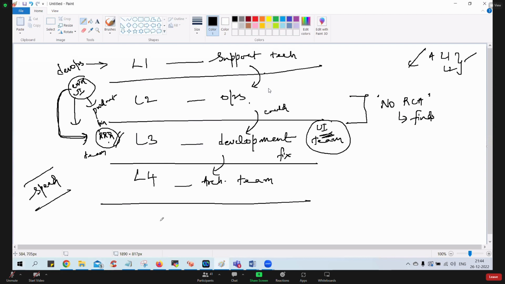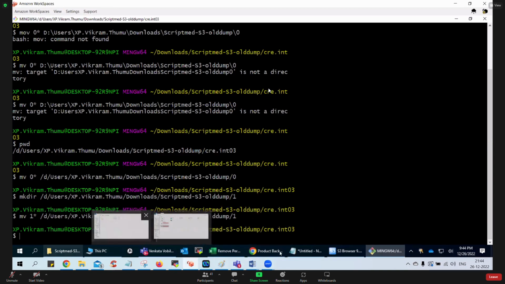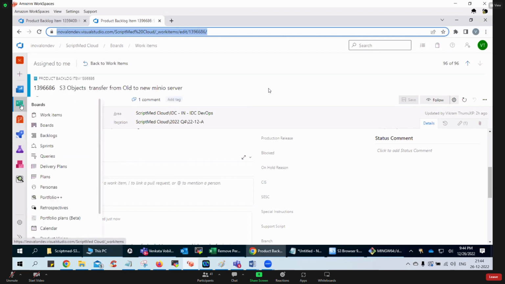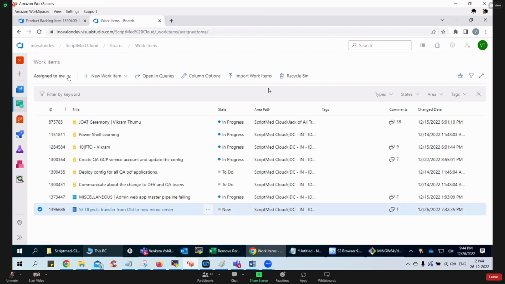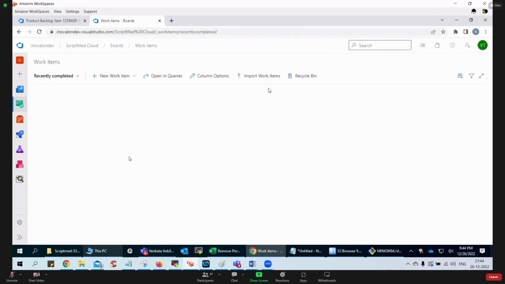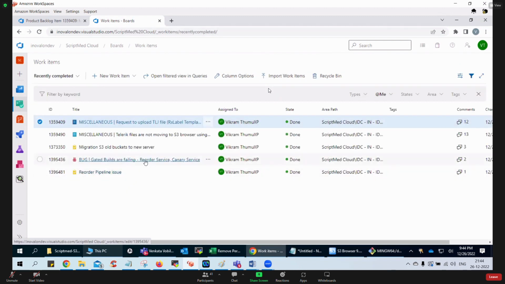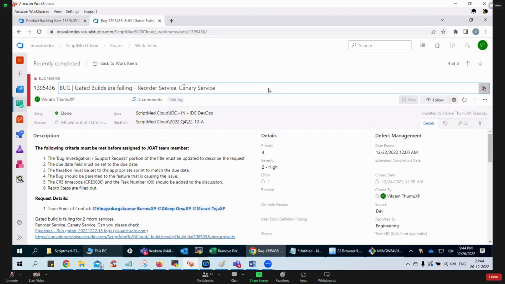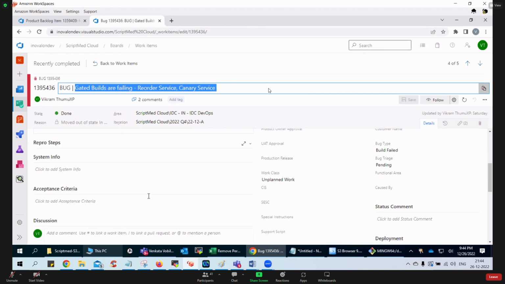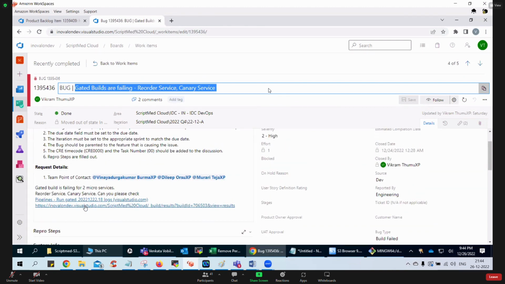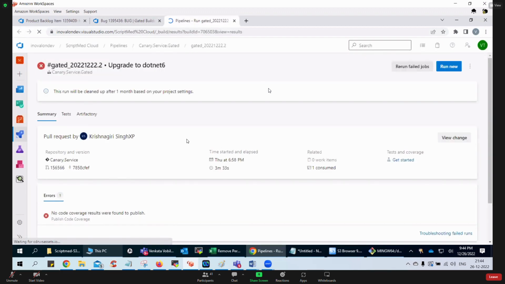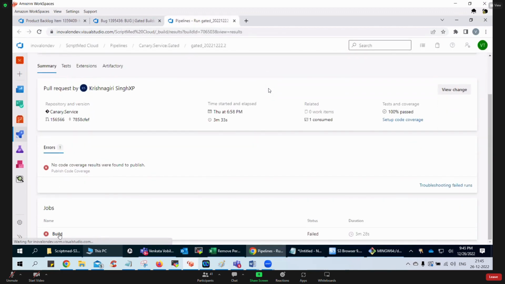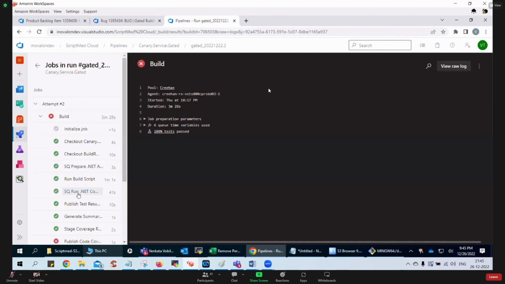So I'll show you the live ticket. I pushed the ticket because we are working in the DevOps model. Last Friday, I think, okay, I'll show it live. They pushed 1 ticket into my bin, the ops team, because DevOps comes more under ops. I quickly analyzed it and came to know that it was development stuff. Some pipelines were failing for some application and they raised the ticket. So this was one of the pipelines which was failing. After some little investigation, it took almost 1 hour to understand what is happening here.